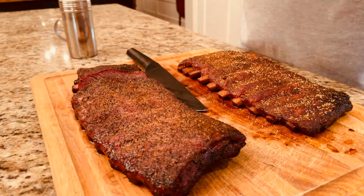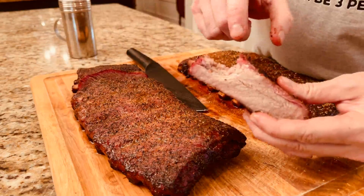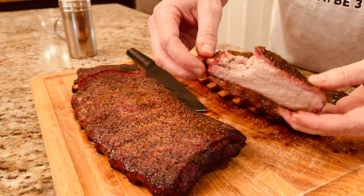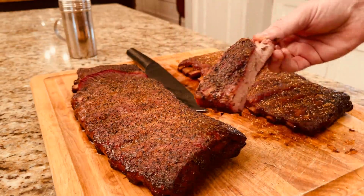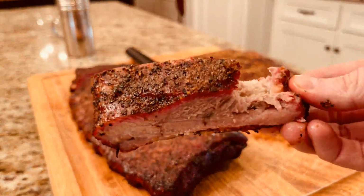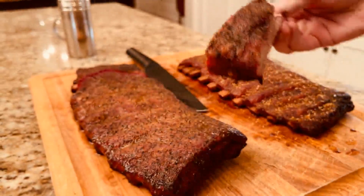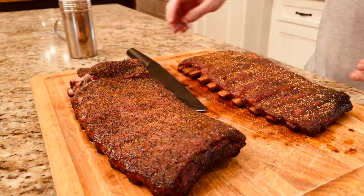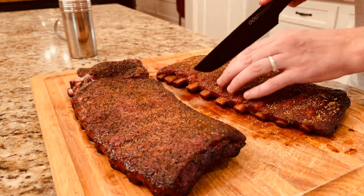Oh man. A clean bite. Great smoke ring, lots of pepper, salt. You can taste that spritz that we had on there, or the mop rather. Let's get a good look at that. Just an excellent flavor. All right, since we're nice and messy, let's go ahead and get into this Memphis style